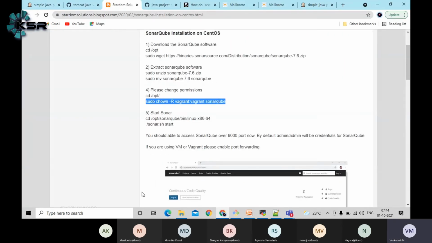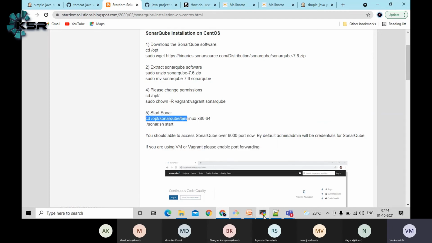So let's go further. In SonarQube, different distributions will be there. Currently, what is my OS type? It's 64-bit, x86-64. That's why I need to start this particular script. If it's a lower version, like 32-bit, you should use that one. If it's Windows, there is a different one. For different software, different versions will be there.